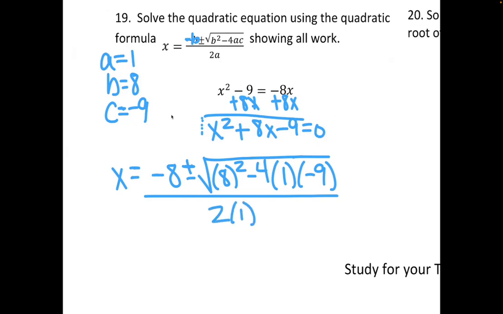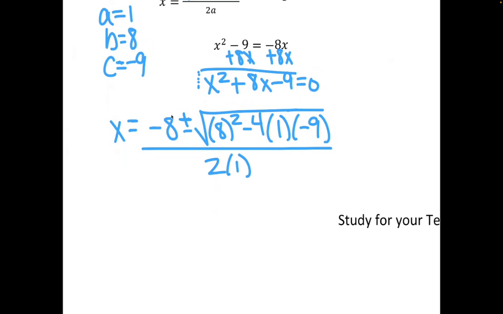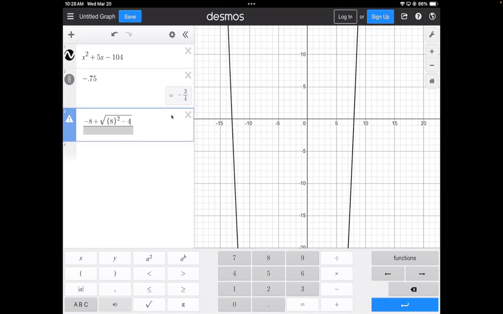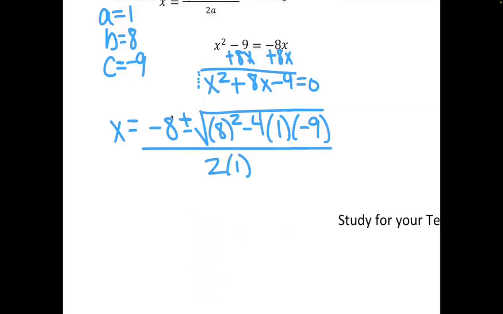And once you've got this set up, you can, in fact, then go through. You could simplify it individually, or you could put that whole thing in your calculator. Hit divide first so that you get your fraction. You have to do it twice. You're going to do it with the plus, and then you can go back and edit it and do it with the minus. Minus 4 times 1 was my A. My C was negative 9. Down here, 2 times 1, I'm just going to put the 2. So I can see, in fact, one of my roots is a 1. I can also go back up here, change this to a minus, and a negative 9. So x equals 1, x equals negative